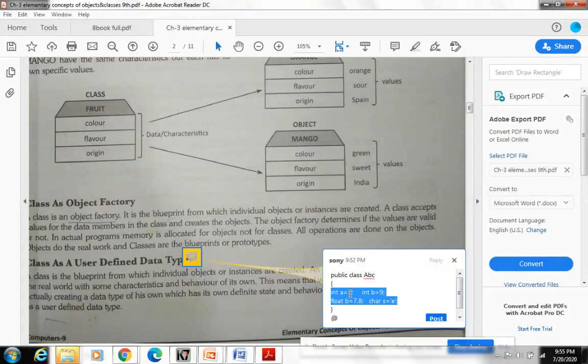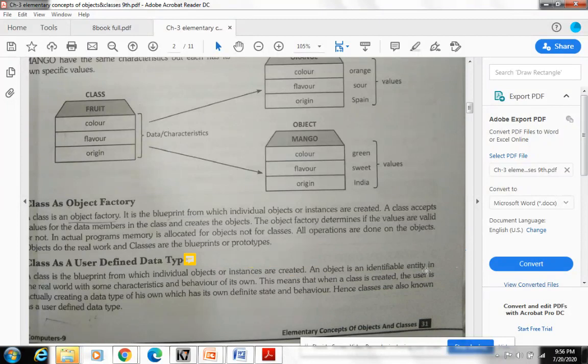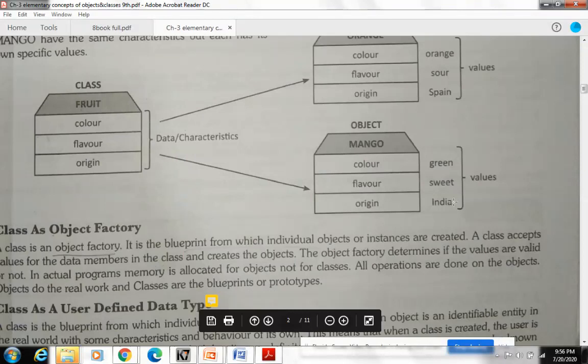If you are creating a class of 20 variables or 100 variables, then another programmer's class can represent 100 variables. That is why a class is known as a user defined data type. That means a user here is the programmer who is setting the data types. So if a programmer is setting four data types, then combined, the ABC class is representing these four data types. That is why a class is known as a user defined data type. I hope this concept is clear.